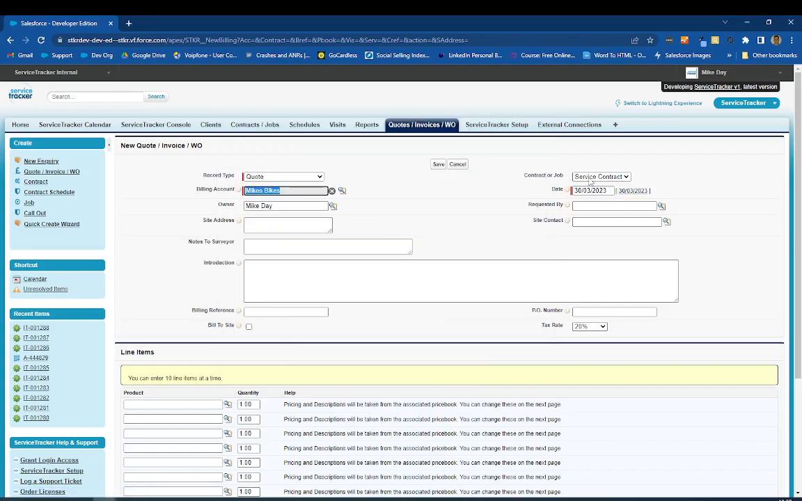You can change the date, you can say whether it's a job or a service contract quote. Put in the name of the person that you're going to be sending the quote to, and if they don't appear in the list, it just means you've got to go back to the billing account and create that as a new contact. Pop in the site address,